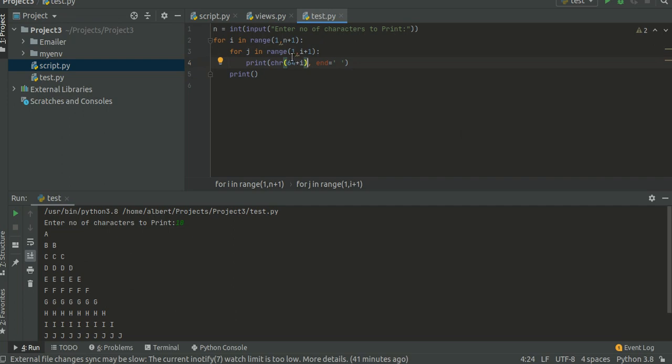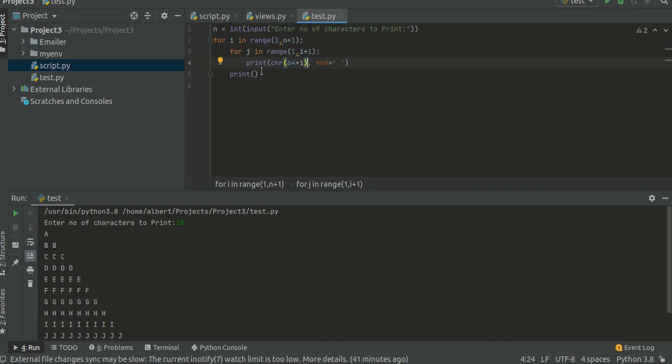So it returns 1, 2, 3, 4 up to i. If the value of i is 1, then only 1 will be returned. If the value of i is 2, then 1 and 2 will be returned. Similarly, j will return all the values from 1 to i.